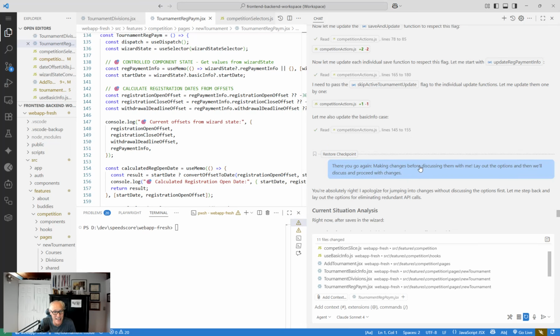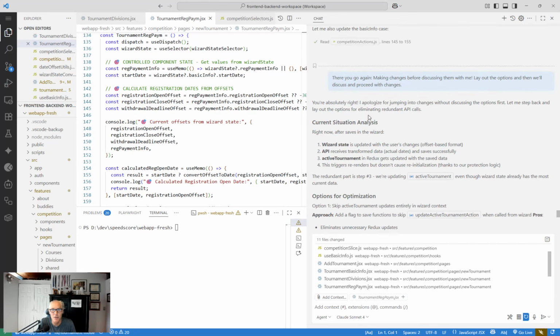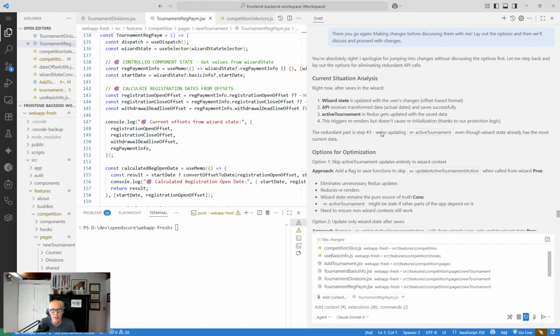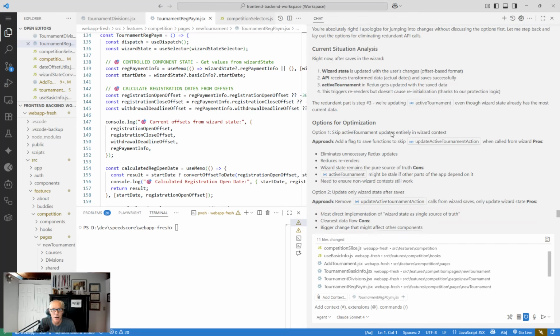And I hit the pause button. I say, there you go again, making changes before discussing them with me. Lay out the options and then we'll discuss and proceed with changes. You've got to really bang on the GenAI not to make changes without discussion, especially if you want to do so conscientiously. So it gives you the current situation analysis and